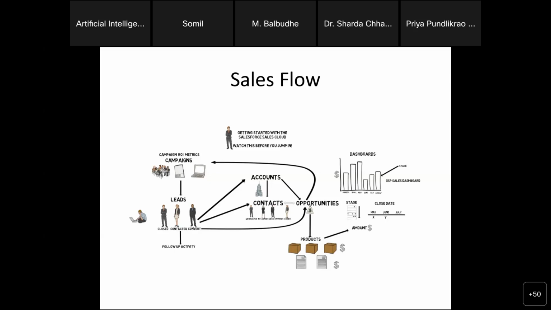It is not for B2C. So what will happen? There would be a campaign, and from that campaign, a customer or a user would directly connect with you. There would be no leads.